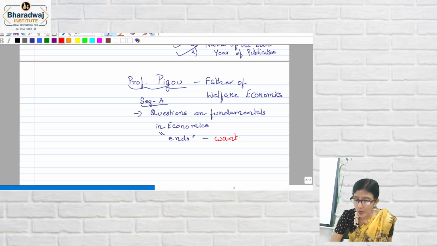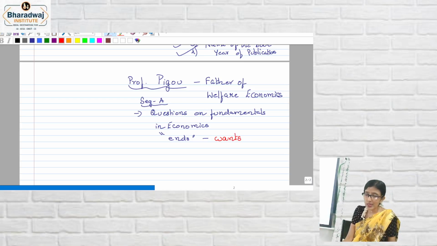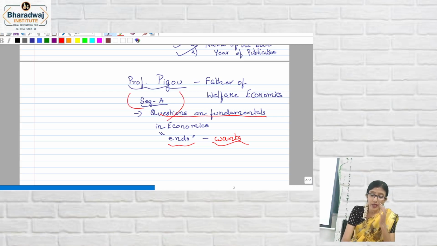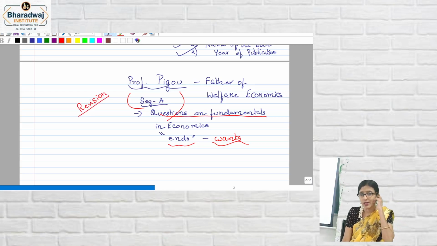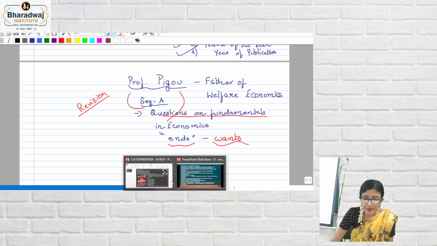Repeated question. If you look at the scanners, if you look at web references, even possible questions which have come out, you have this question being asked. So questions on fundamentals, you have to find it so that revision. Why revision of segment A? Because all fundamental aspects are given there in that topic. Is that clear? So that is the topic you have to go through very, very clearly.